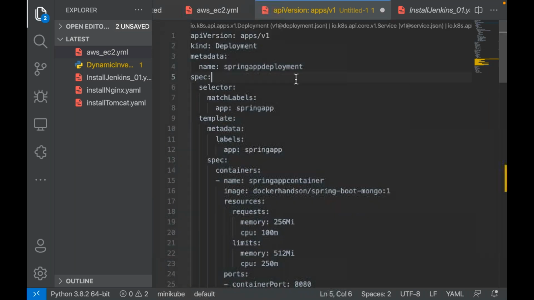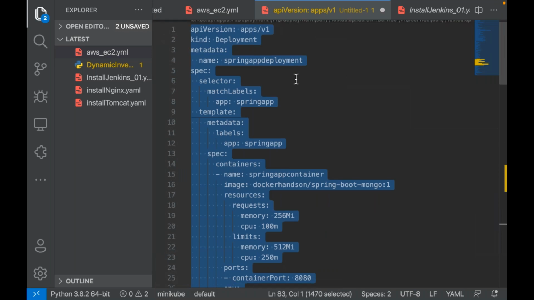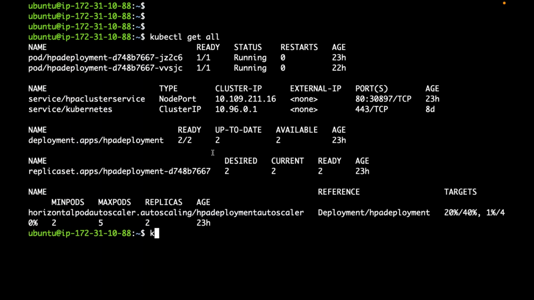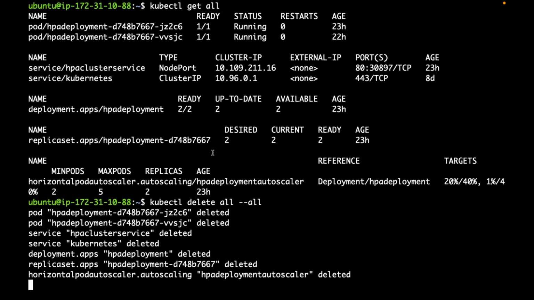Now if I deploy this YML, how many Kubernetes resources will be created? Let me delete all these applications now, because my cluster size is very small.